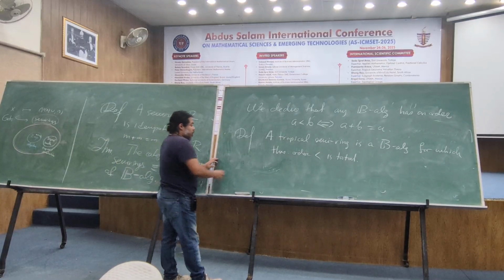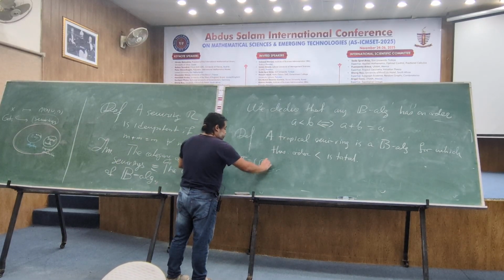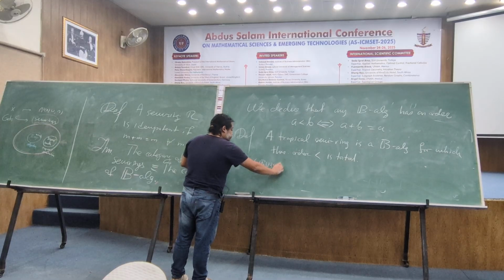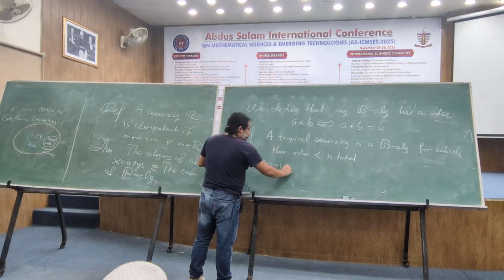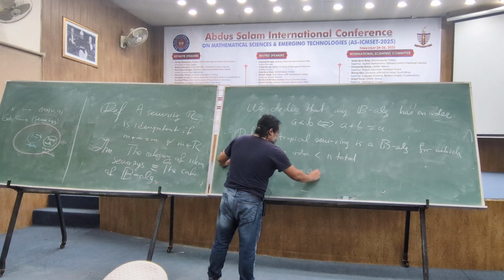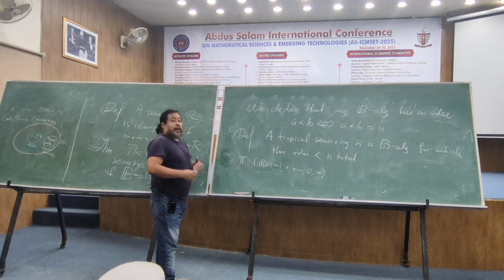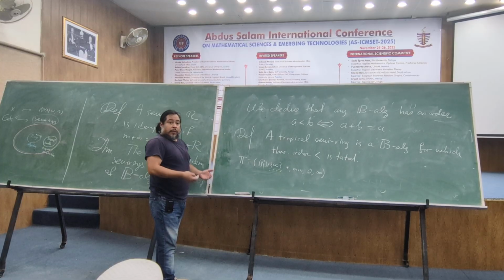So let me recap before for you that T was R union infinity, plus minus, 0 and infinity. This is a tropical semi-ring, but there are more. For example,